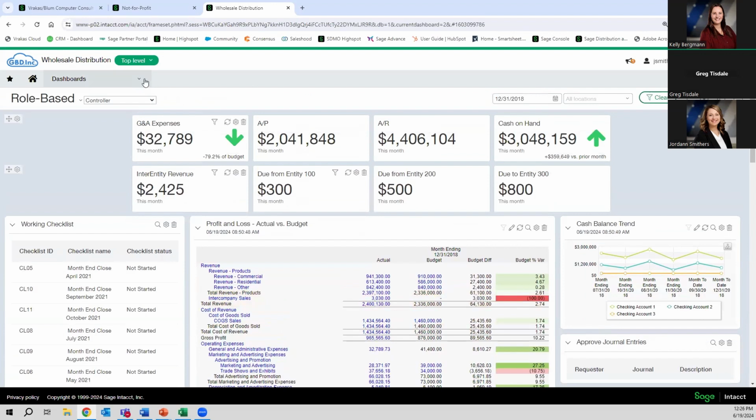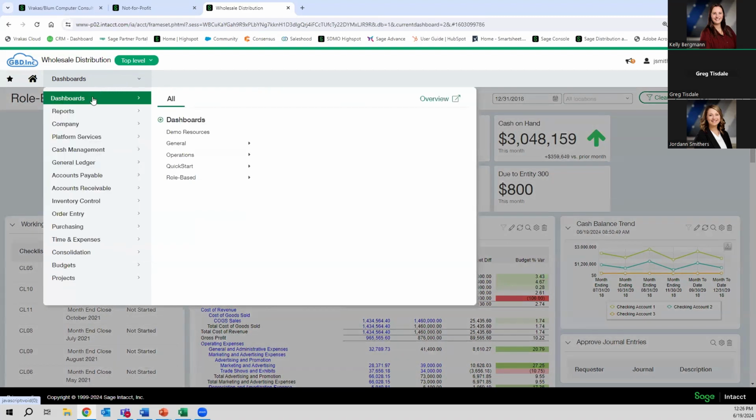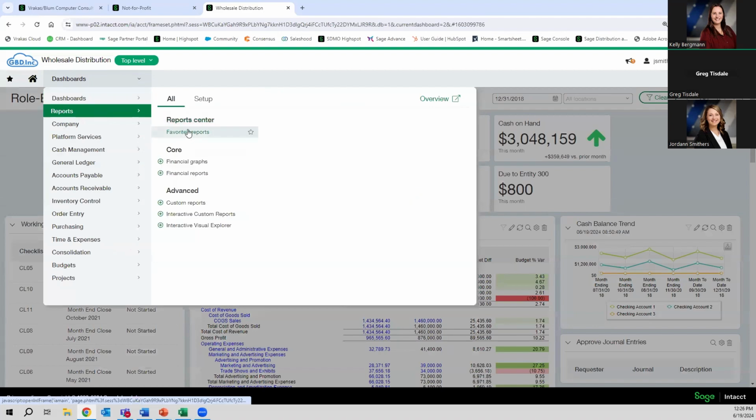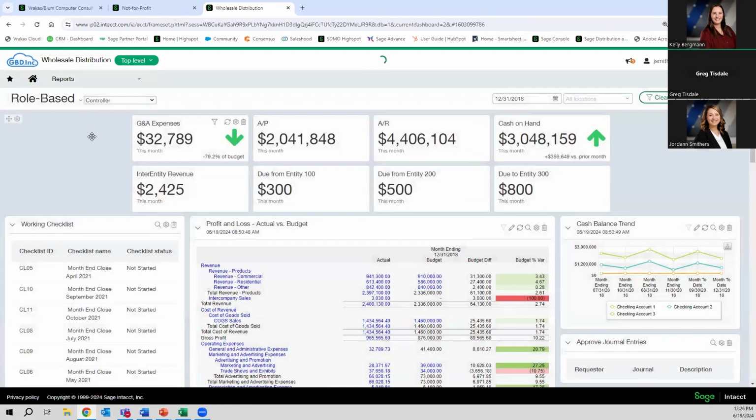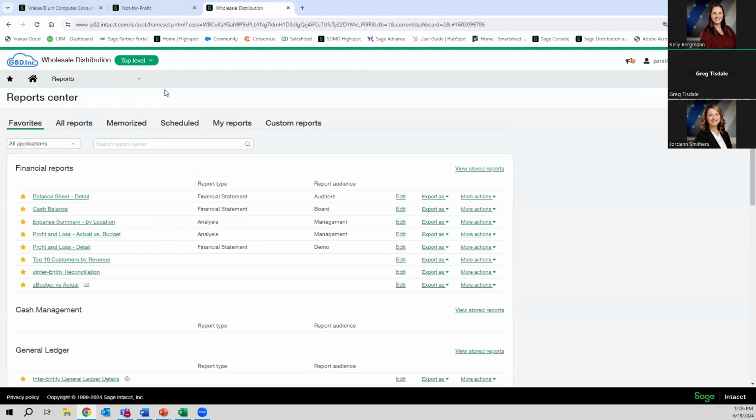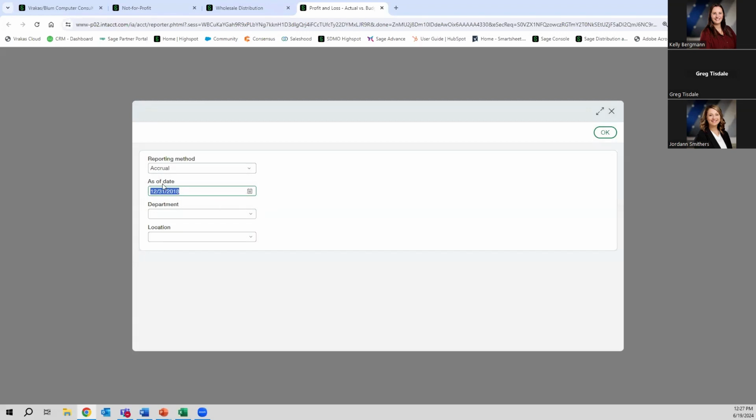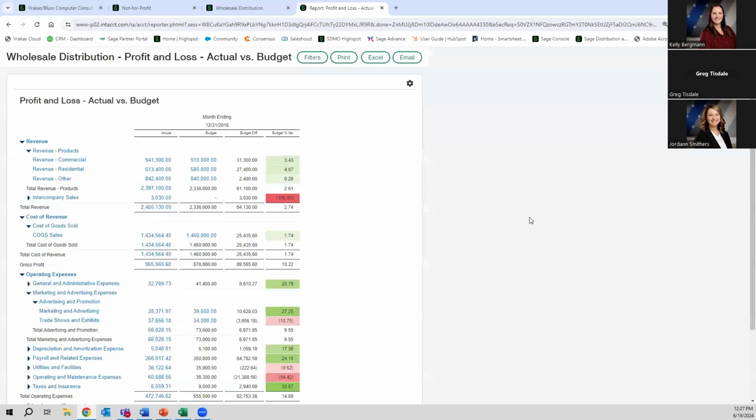So let's take a look at a couple of other reports. Actually, I'm going to show this P&L first, and see and understand what Sage Intacct can do as far as budgeting goes, and then I'm going to end the same way that Greg did by showing you how to get it into the software. So I have a couple different reports here. Like I said, the first one I'm going to show you is this profit and loss actual versus budget. I'm backdating this, but you can run it as of today. You could filter by a specific department and location on this report. I'll talk a little bit more about this on a few other reports, but I'm just going to click view,